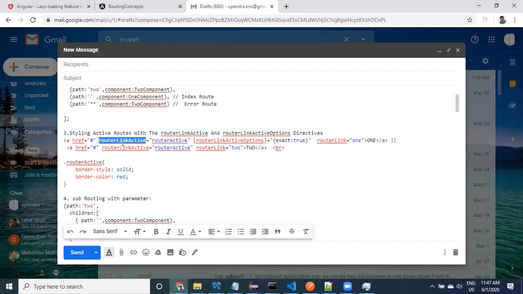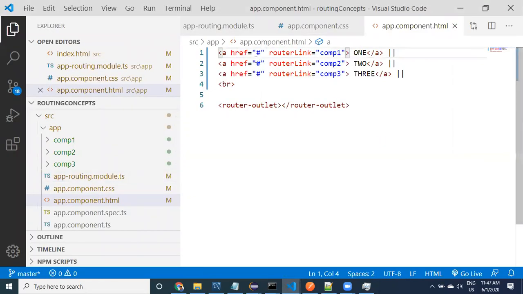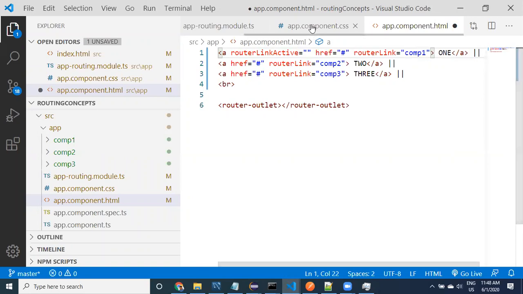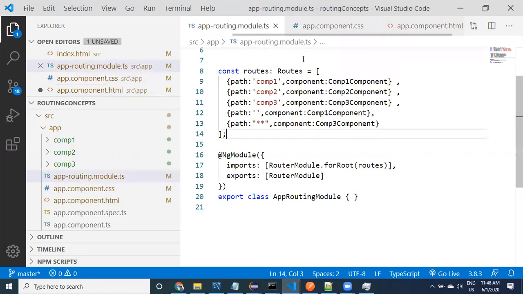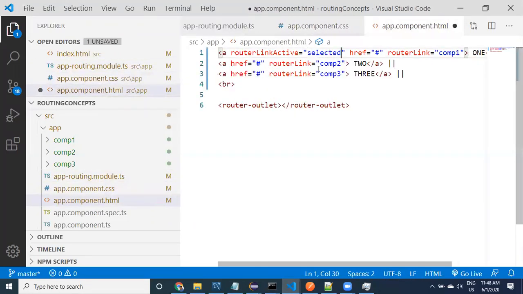What is this? Router link active. Whenever you say router link active, provide the CSS name. Selected. Provide it like this. Apply the same thing for all these 3.